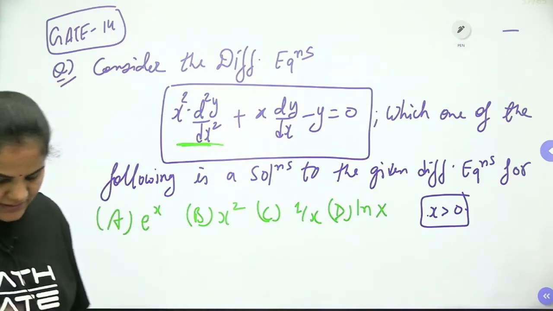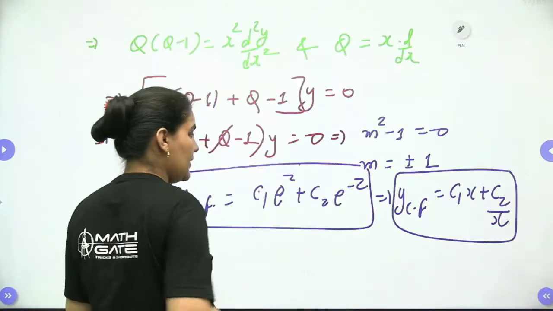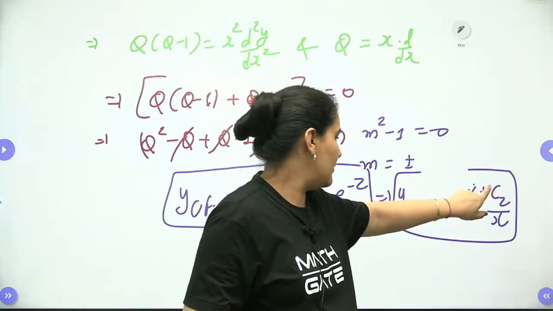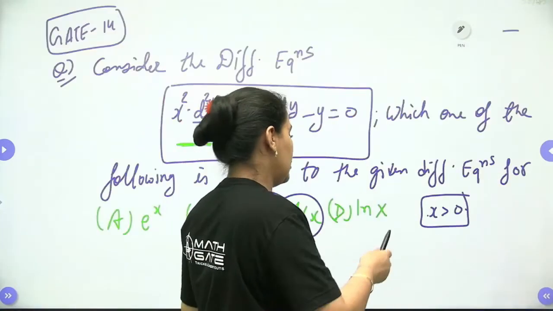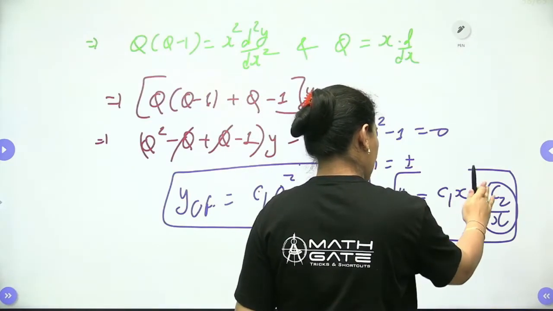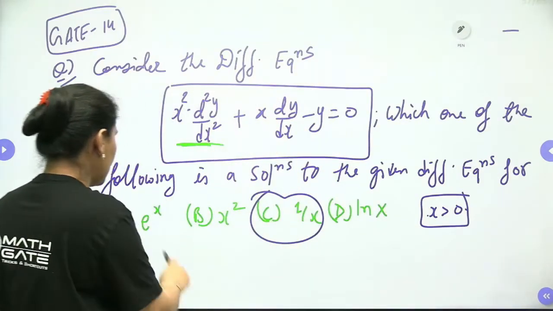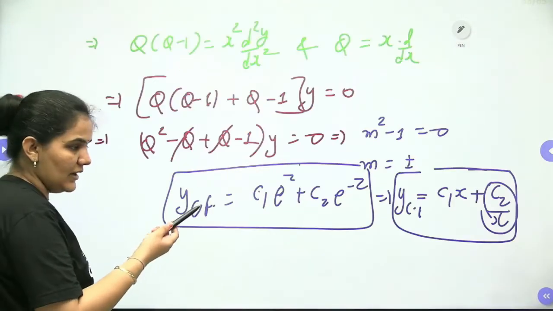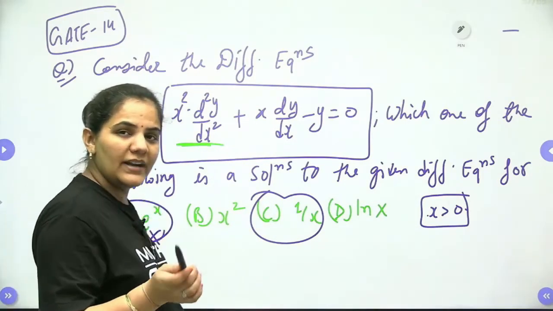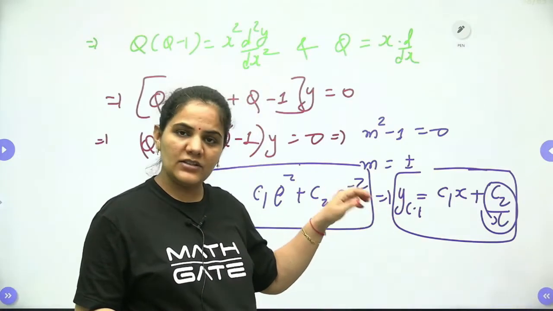We can easily identify that for x greater than 0, the solution will be 1 by x only. Why? Okay, let me show you why. It is c1x plus c2 by x. Just look at the options. We have e to the power x in the option, but we are not getting e to the power x in the equation, so that's why it is not possible, because we have to identify among the options here. Although we can say c1x is also a positive part,